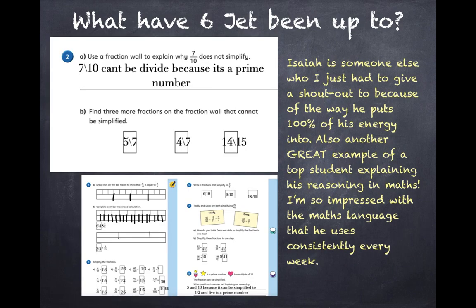Big well done there, Hugh. Isaiah is somebody else who I just have to give a shout out to because of the way he puts 100% of his energy into his work every single week. This is also another great example of a top student explaining his reasoning in maths. I'm so impressed, Isaiah, with the maths language that you use this week, and you use it consistently every single